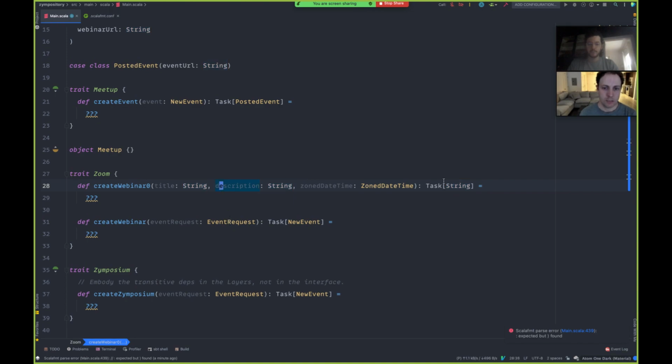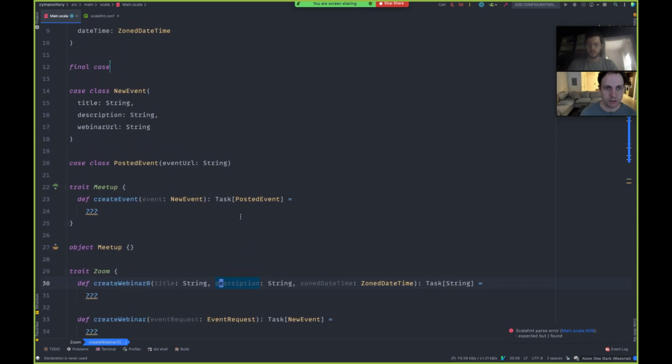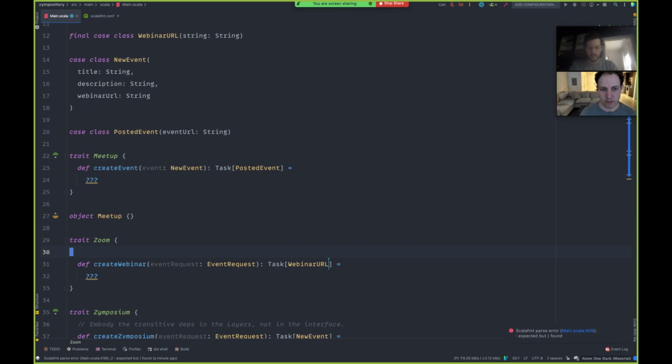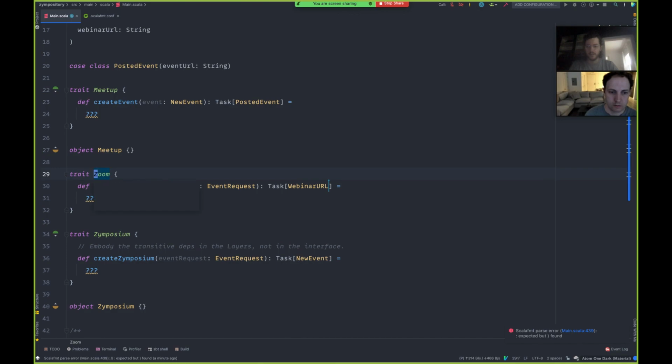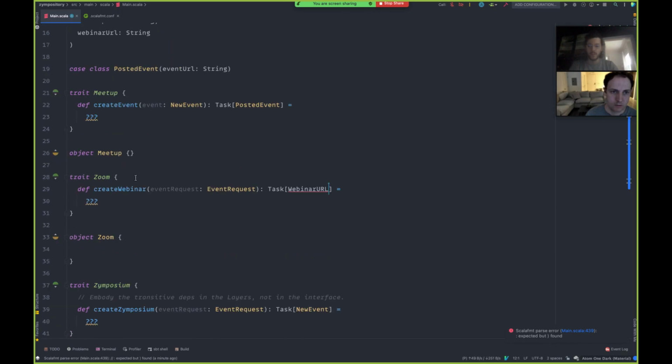And then, so I think that these two are isomorphic. So to implement that, maybe we just need one, like what would we call this, a webinar URL? Oh yeah, just a nice case class. That's great. Yeah, totally. And then this can just return a webinar URL, right? Yep. I like the co-location of the data with the domain. Maybe I put this in a Zoom package and have webinar URL in there. Does that make sense?